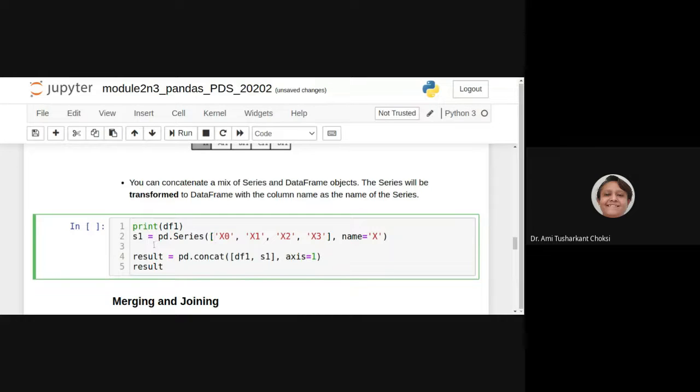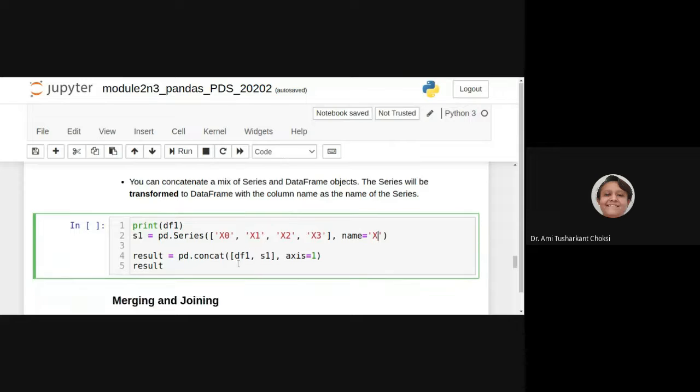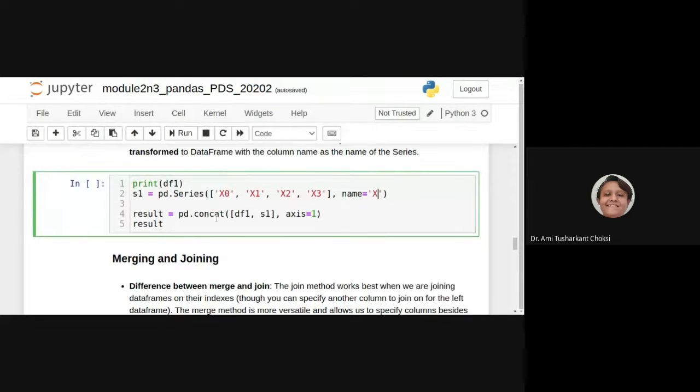That is, s1 is equal to pd.Series. We are creating the series where we have x0, x1, x2, x3 and name is equal to x. Now we do pd.concat of df1 and s1. This is our data frame and this is our series, and axis is equal to 1.